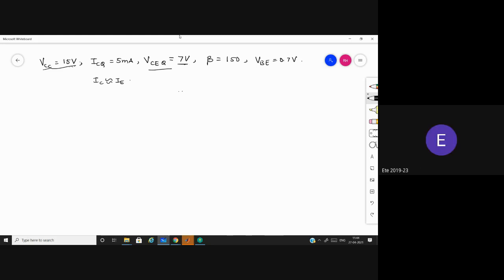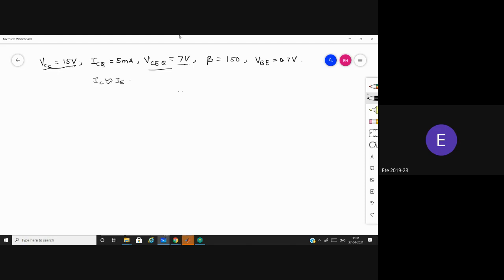Read the question. What have they asked? Design. They have asked design. The accurate analysis circuit, whatever we get now, that is the modified, simplified version, right? But actually, voltage divider bias means the circuit which is having R1, R2. After that, we simplify it by applying Thevenin's theorem, right?